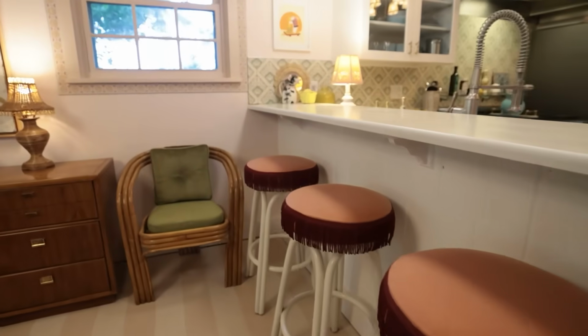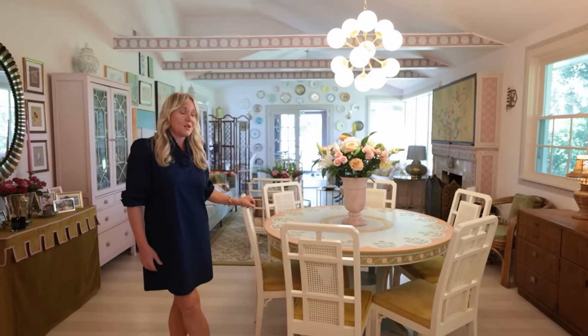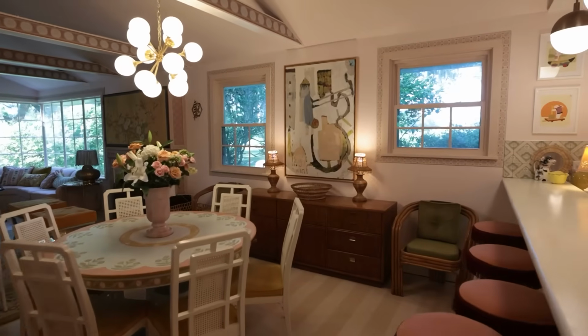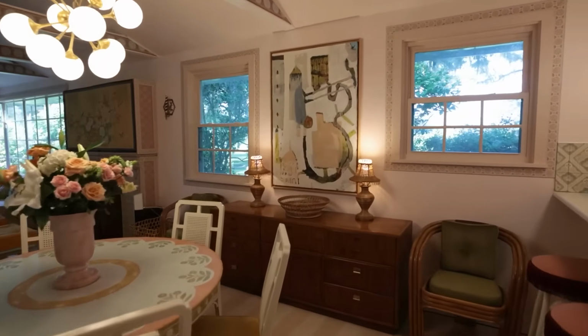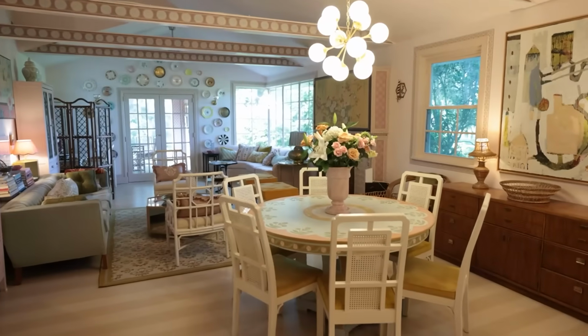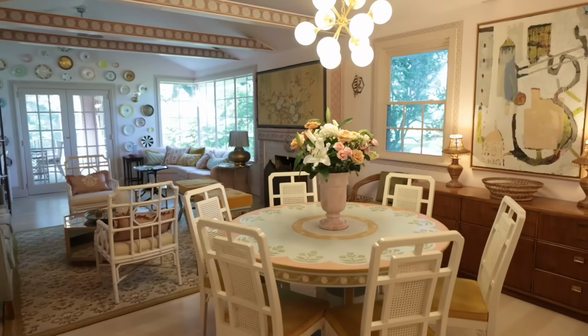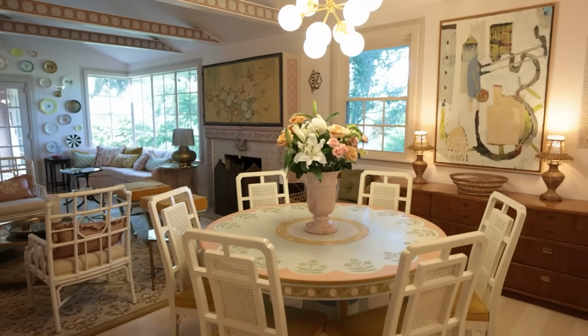So I've always been inspired by the Bloomsbury Group. Since my very first job in New York, I was introduced to them, a group of artists, writers, intellectuals that painted and worked together at the turn of the century in England. This past summer, I finally got to go to the house that's coincidentally called Charleston in Sussex, England, and I was blown away. It's like everything in the house is painted. It's so inspiring. They made the carpeting, they made the pottery,